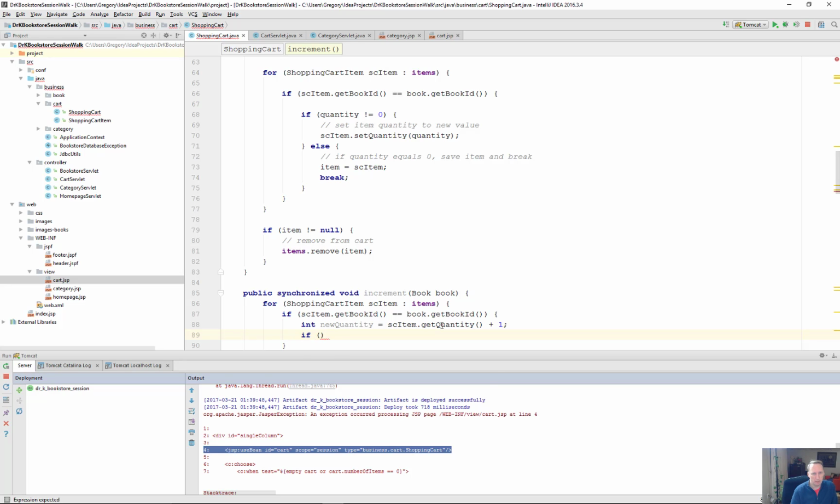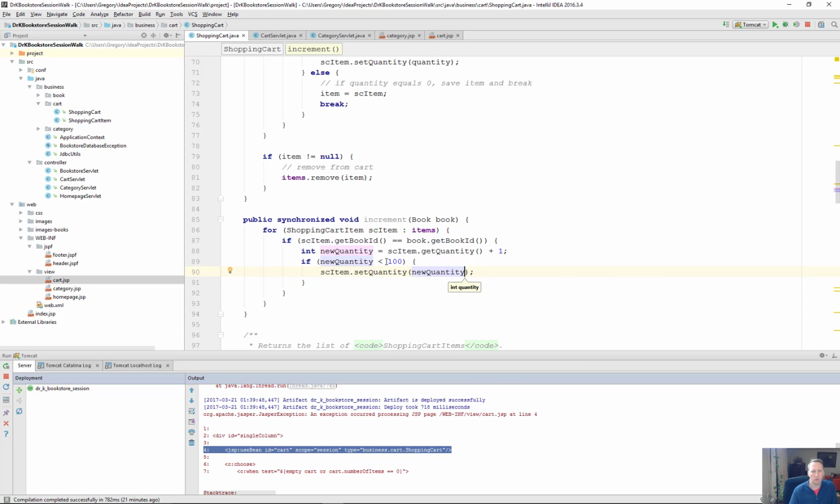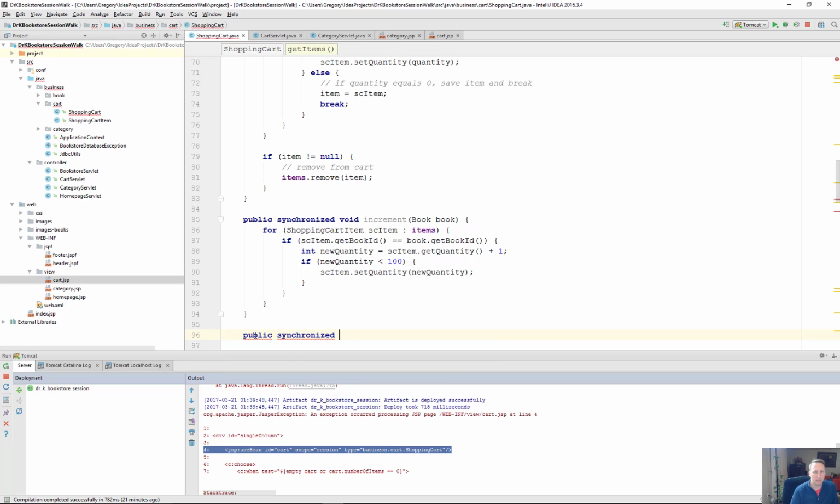So I'm going to say if new quantity is less than 100. I could just say if not equals 100 also. Then SC item set quantity to new quantity. Okay, so I'm going to update that quantity, and there's that check. Okay, if it's over 100, I'm basically just not going to do anything. I'm not going to allow the client to order more than 99 books of any one type at a given time. So now I want to do decrement, public, synchronized, void,